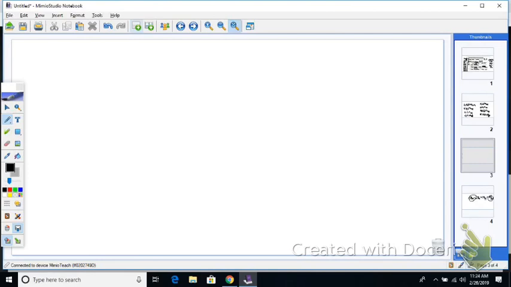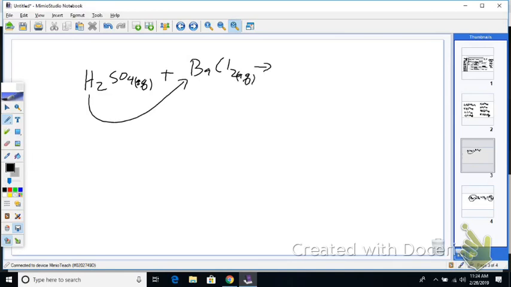H2SO4. Okay, so we got H2SO4, which is aqueous. So these are always going to be aqueous on the left side. What'd you put it with to form a solid? Okay, BaCl2. So what we're going to do, we'll do the double switch. H takes barium's spot, and barium takes the sulfate spot, or hydrogen spot. So it's BaSO4 plus